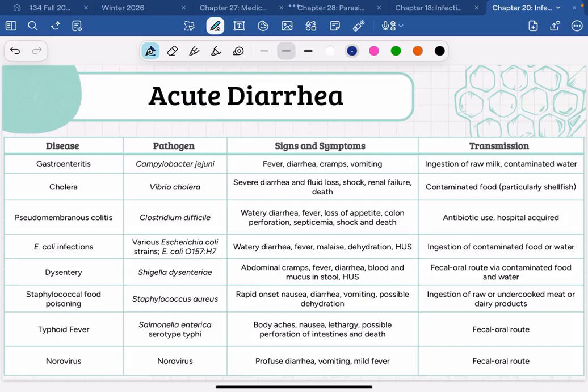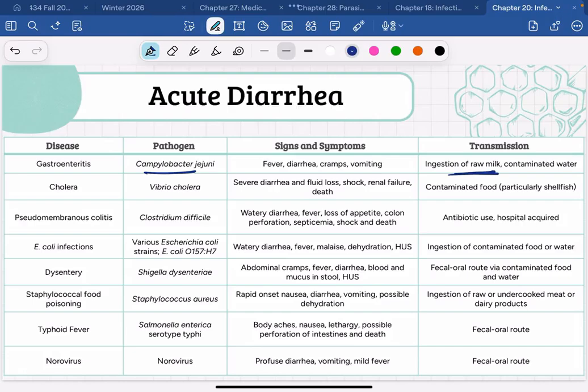Campylobacter lives in the gastrointestinal tracts of farm animals. So raw milk, water contaminated with farm animal poop, things like that, that is where you're gonna get it. But most sources of Campylobacter come from raw milk or raw dairy products or products from a farm that have not been processed properly, haven't been cooked, things like that. So again, that's the big one, is that Campylobacter is associated with raw milk and farm animals.